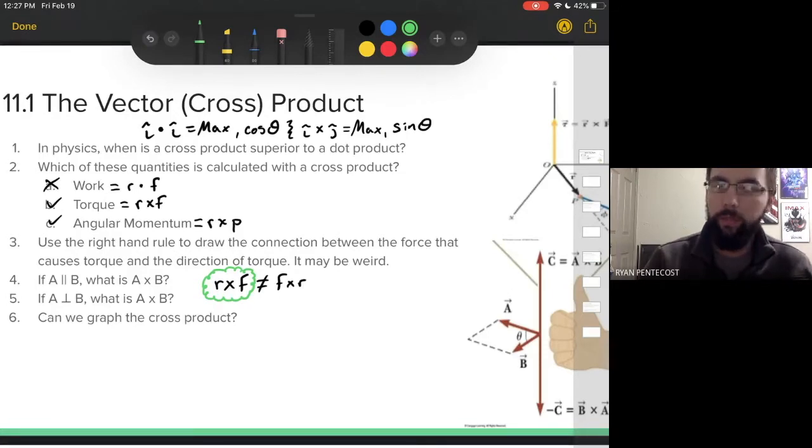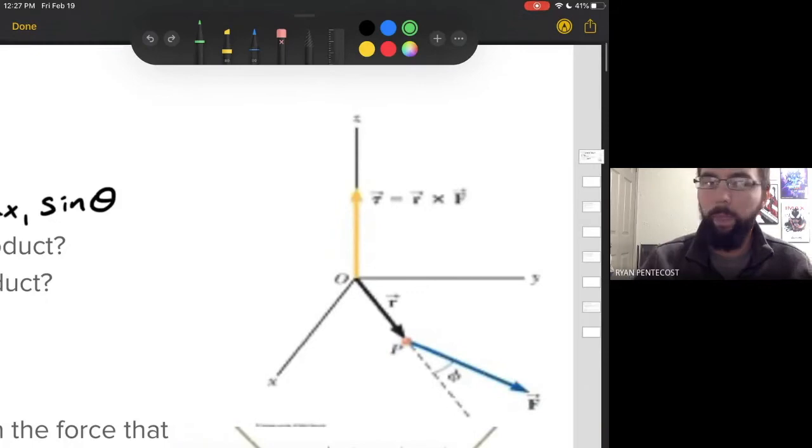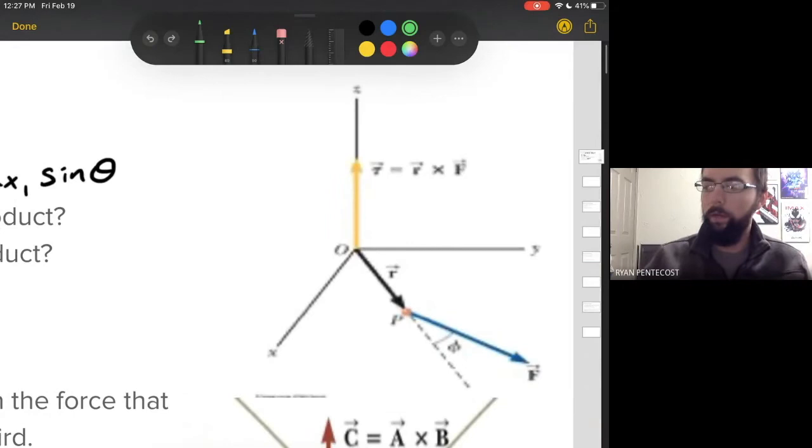I can actually show that right here. This is an example out of our book. If you have R, and you can see that F is ever so slightly off, then point your thumb, and that will be the torque. You can also see that if you have your R and F in that orientation, with your pointer finger R and middle finger F, then if you follow that force relative to you,